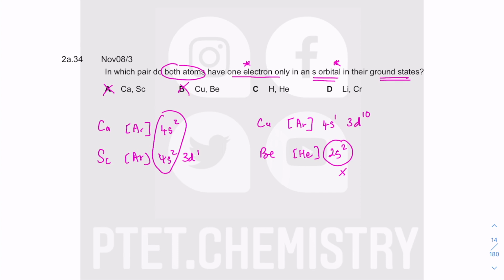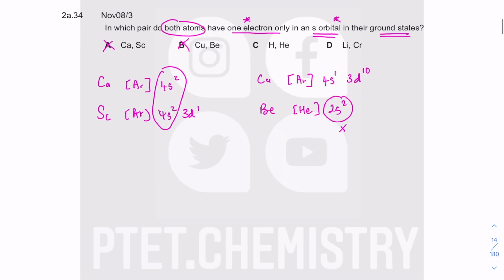In fact, I can tell you C is not the answer as well, because as you know, helium has a fully filled outer shell of electrons. Of course, I could show you 1s1 for hydrogen, only 1 electron, and this 1s2. So this is what I meant by a fully filled s orbital, which leaves us the answer as being D,